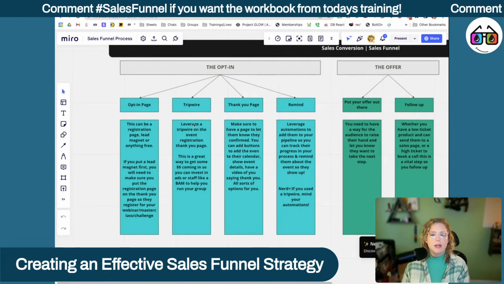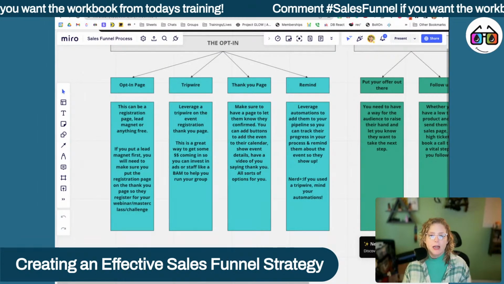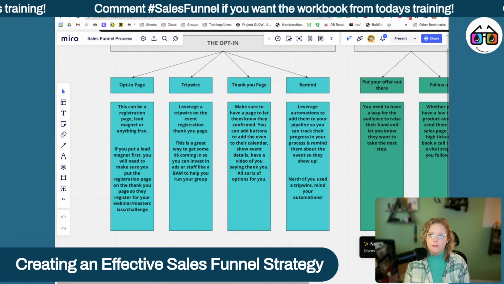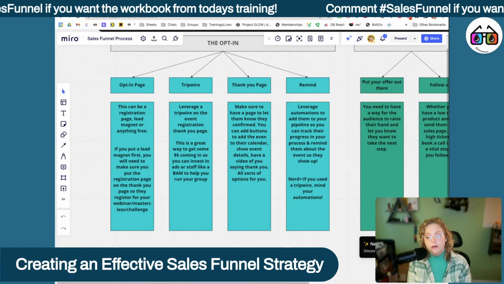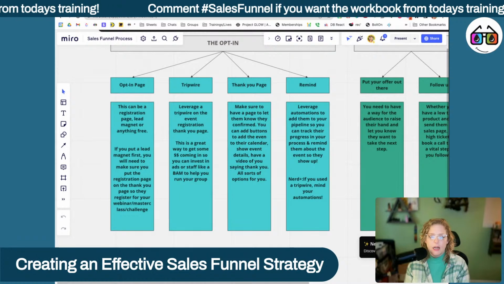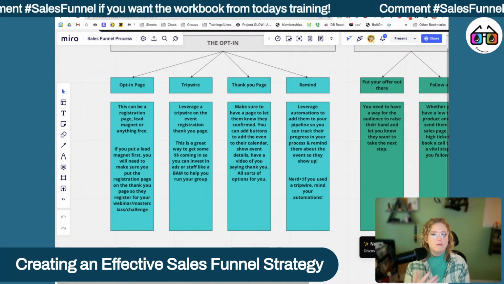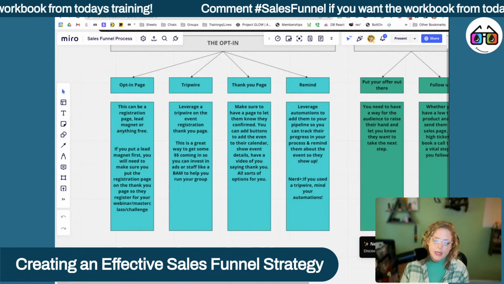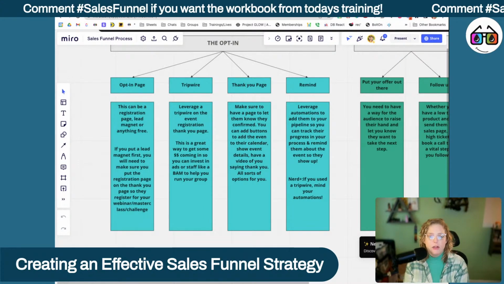All right. So a tripwire. This one can throw you off a bit if you're not familiar with the term. So we're going to talk through that. A tripwire is putting a low ticket offer in front of them before you have their credit card on file, which means they'll have to actually put their credit card in. Typically, this is after they register for a lead magnet, then you can put a tripwire in front of them to be able to get them to buy something small from you, right? So you can leverage a tripwire on the event registration thank you page. This is a great way to get some money coming in so you can invest in ads or staff like